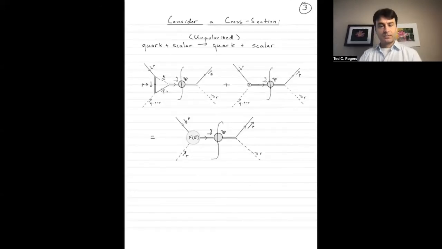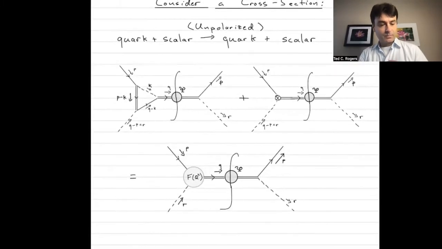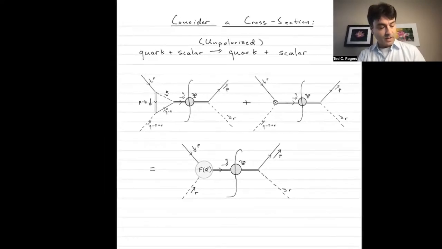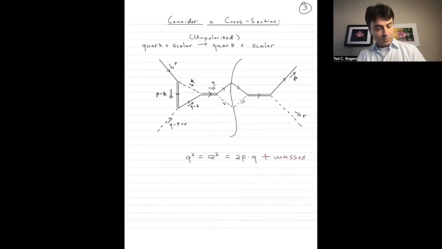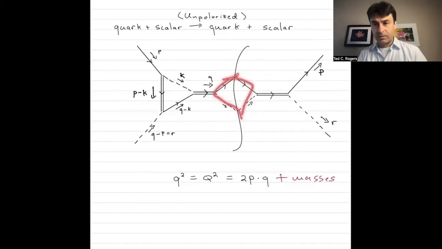Okay, so what exactly do we have to calculate? Well, we have to calculate that graph from the previous page. And I'm just going to organize things a little bit differently here. Let's take that graph from the previous page. And actually, whatever appears here is not really of interest to us. It's this loop here that we're interested in, just that there has to be something that it decays into in